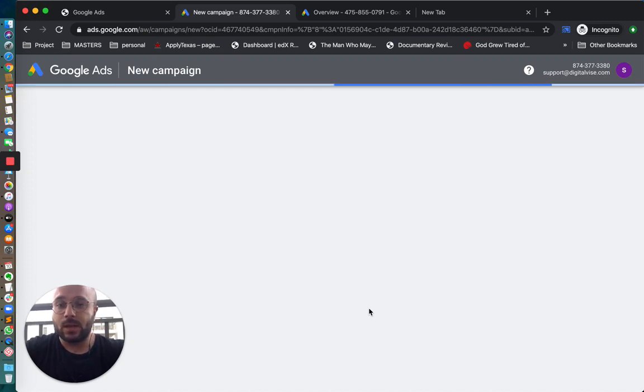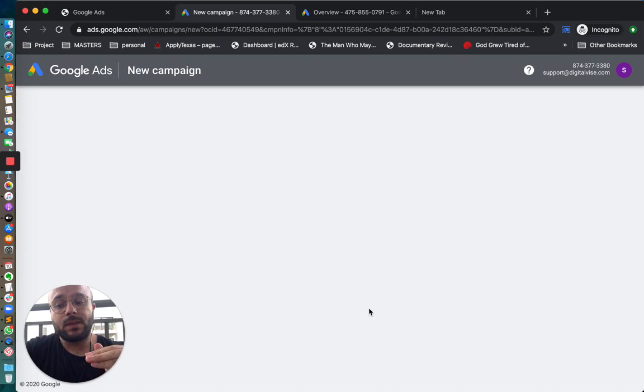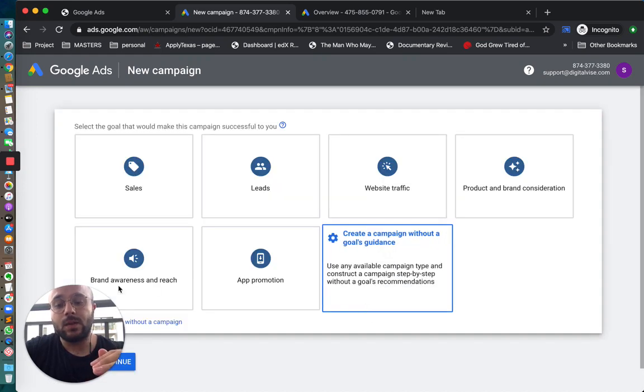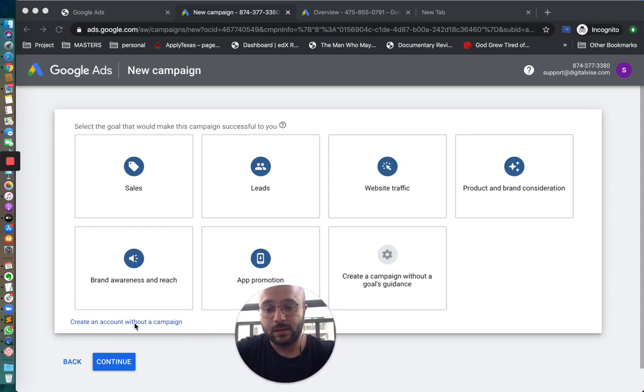After we click on this, we're gonna see a list that has many steps also, and we're gonna click a button underneath that is called create an account without a campaign. As you can see, the link is down below the steps. We click on that,